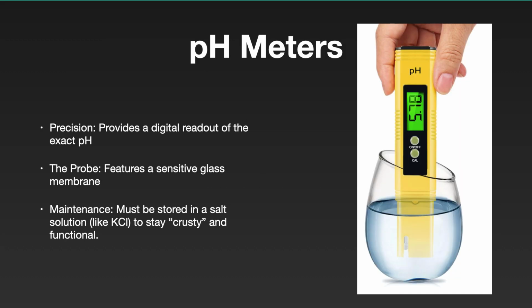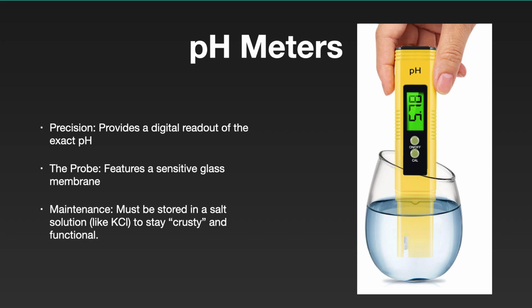In the lab, the most accurate way to measure acidity is with a pH meter. It uses a sensitive glass probe that you submerge in your solution, and a wire sends a signal back to a digital meter. These are delicate instruments. You'll often see salt crystals on the tip because we store the probes in a potassium chloride solution to keep